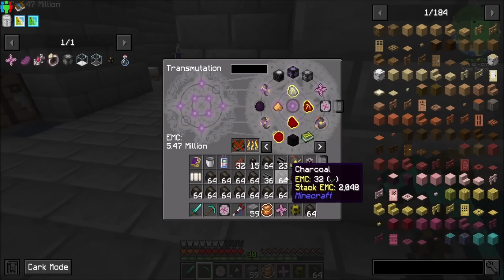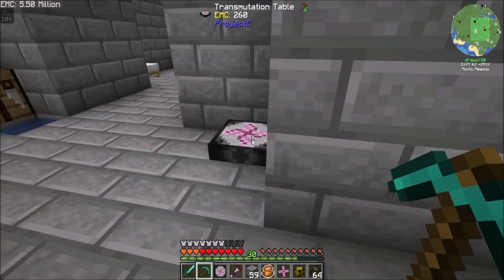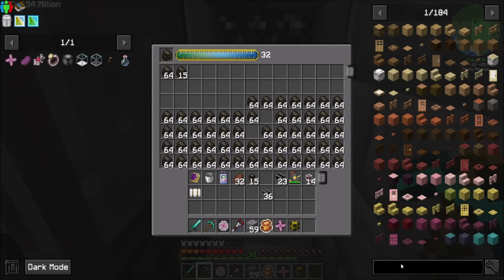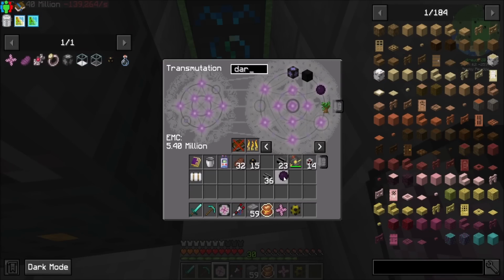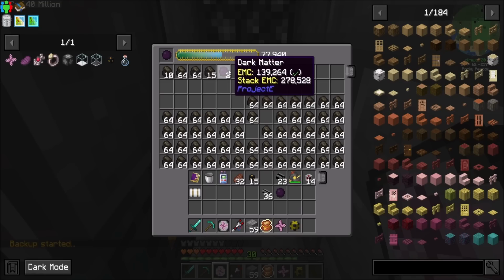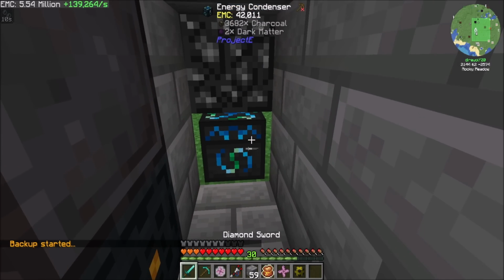Because right now, we're kind of like backstuffing on EMC. So, yes, this thing's producing EMC for us, but also no, this thing is not doing what I would want it to do in terms of running all the time. So what if instead we targeted dark matter? See, look how much EMC we've got, 2 dark matters worth of EMC, probably close to 3